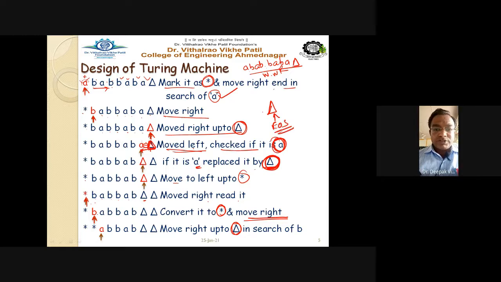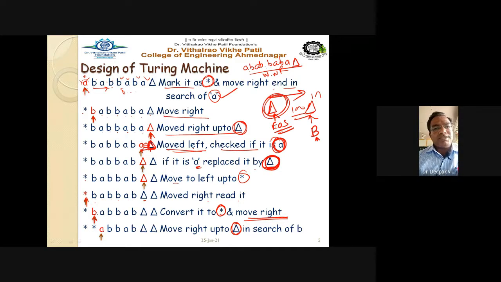With reference to the end of the string, the machine knows that delta means the end of the string. Here there are only, for example, 8 characters, but if my string contains 100 characters, how do we recognize which is the last character and which is the first? Because the end of the string is fixed, after the 100th character there is the 101st character, which is capital delta, the end of the string, or capital B. So if it is a capital B, I can say this is the last character in the string. The machine takes that as a reference point and performs the move left and right operations accordingly.